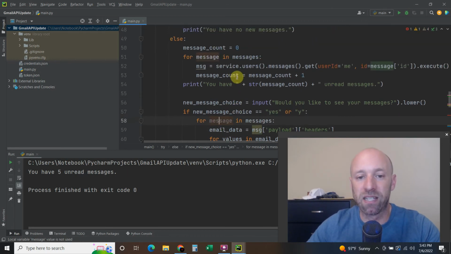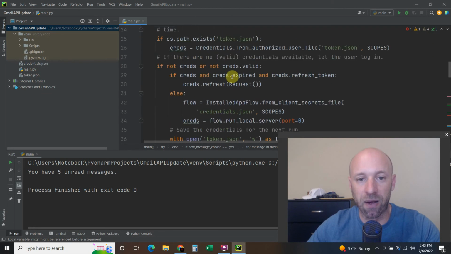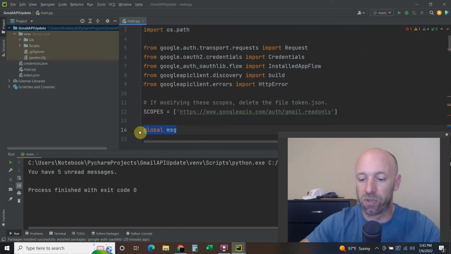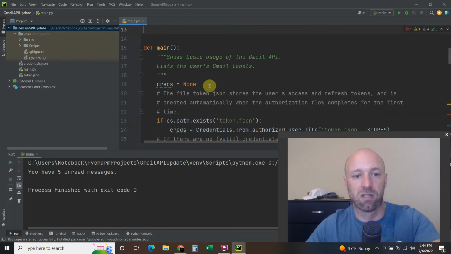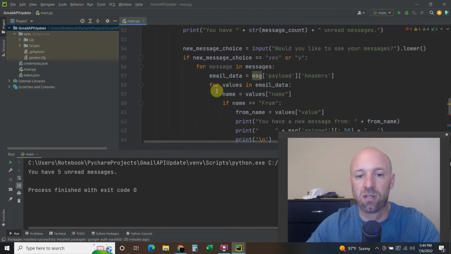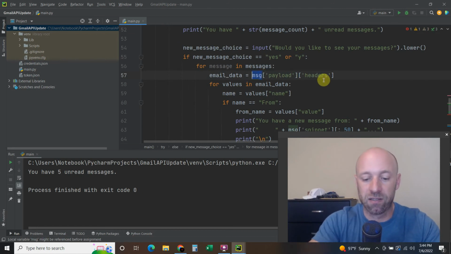So for each message in messages, just like it is up here, email data. Oh, I'm sorry. Now I know why. We don't need that up here for this program. So for message in messages, email data